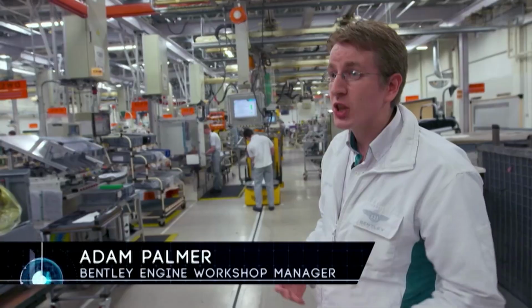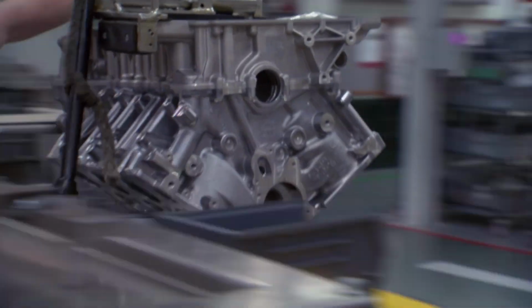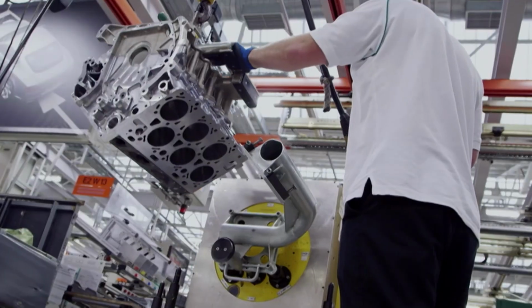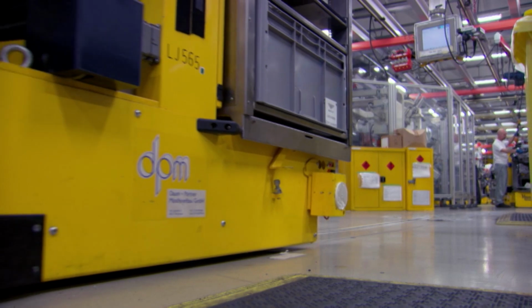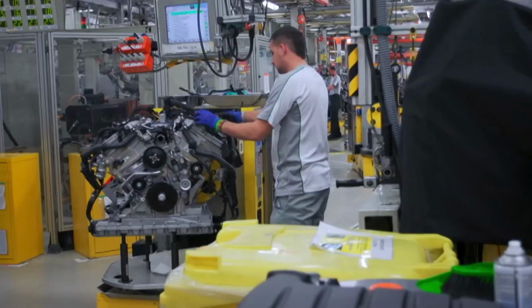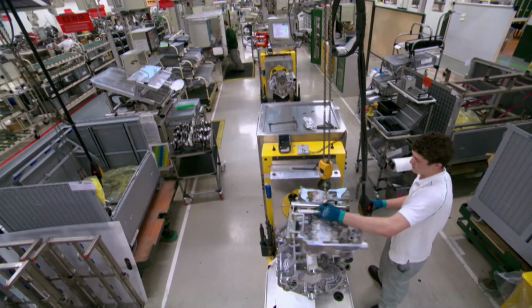the 1930s. So the first job we do is we take the engine out of its stillage, lift it across onto one of these machines here. The machine is an AGV, or Automated Guided Vehicle, and it allows engine builders to move the massive blocks with ease. We then separate the bed plate from the main crankcase,